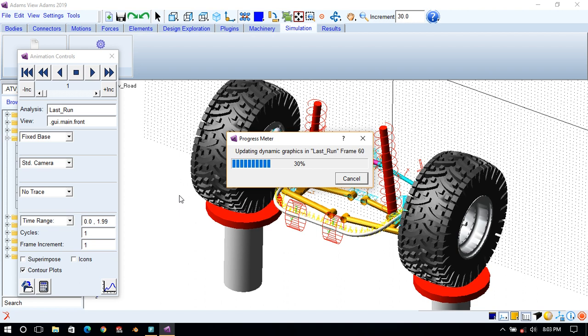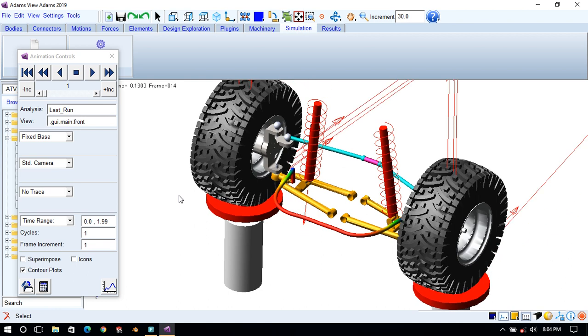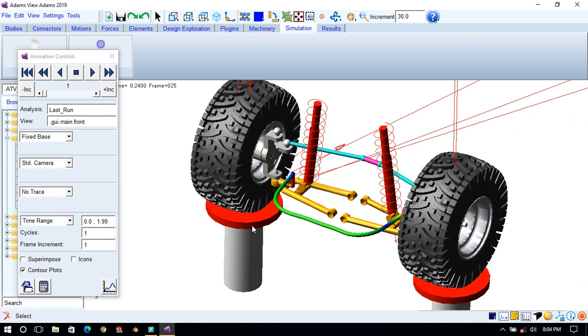So this model, I think I have shared already in the previous tutorial. You can go to that and see. Here the main part is creating the spline curve, that guiding curve, properly, and defining the appropriate number of nodes, defining that CV joint, constant velocity joint, appropriately along the axis of the objects, and creating the bushings.